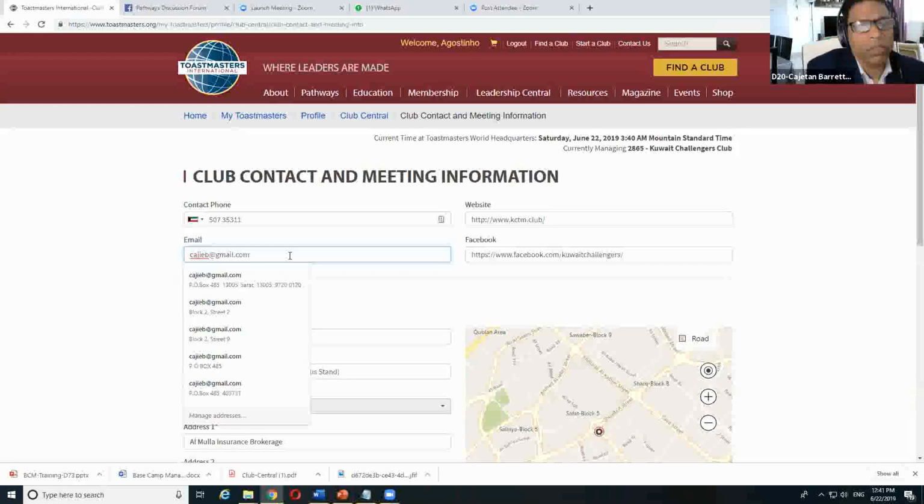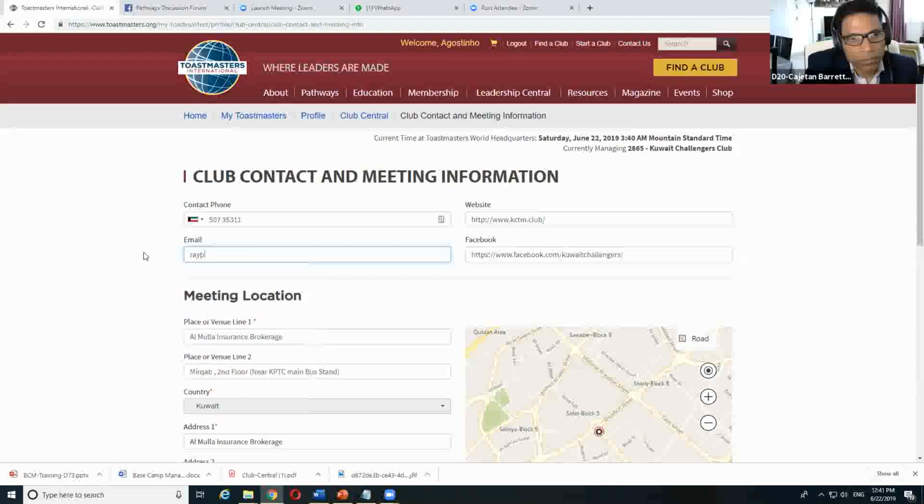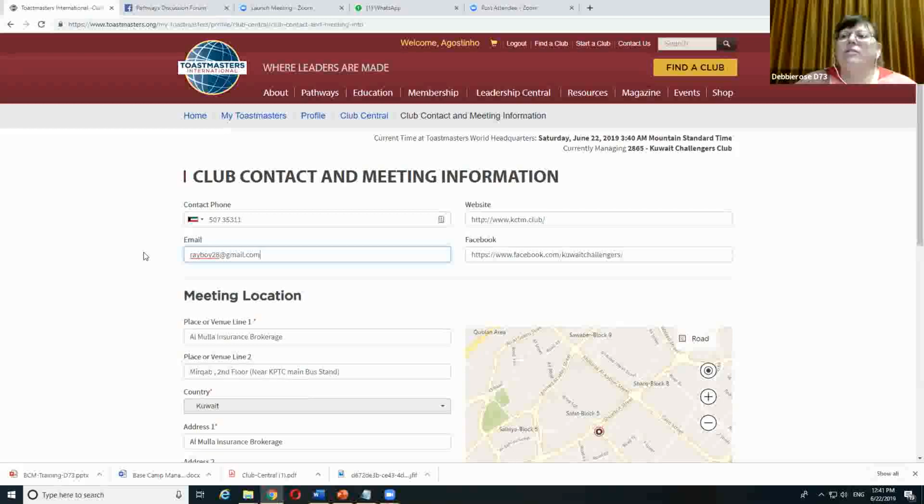There are other options if you are tech savvy. For example, this email address could be the president's email address, but then you can set up a forwarding rule in this